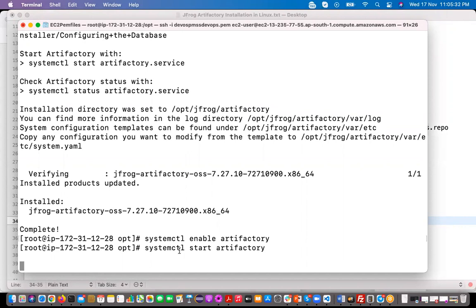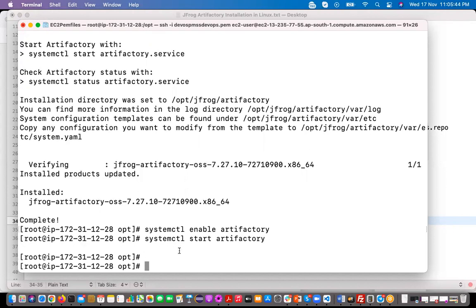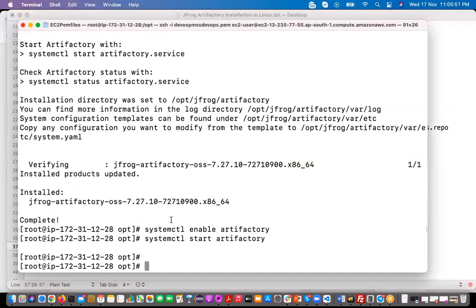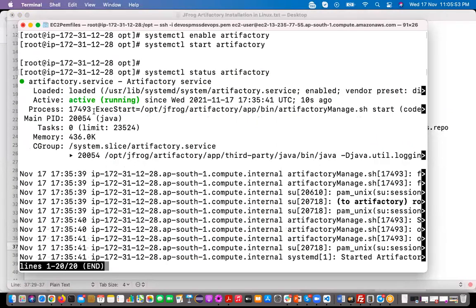Right. So once your server is running, you need to access this JFrog Artifactory repository on your laptop. So this JFrog Artifactory is running. If you want, you can check the status. You see, it is running. And if you see here, it is using Java, right? So the inbuilt Java software is there along with your JFrog.